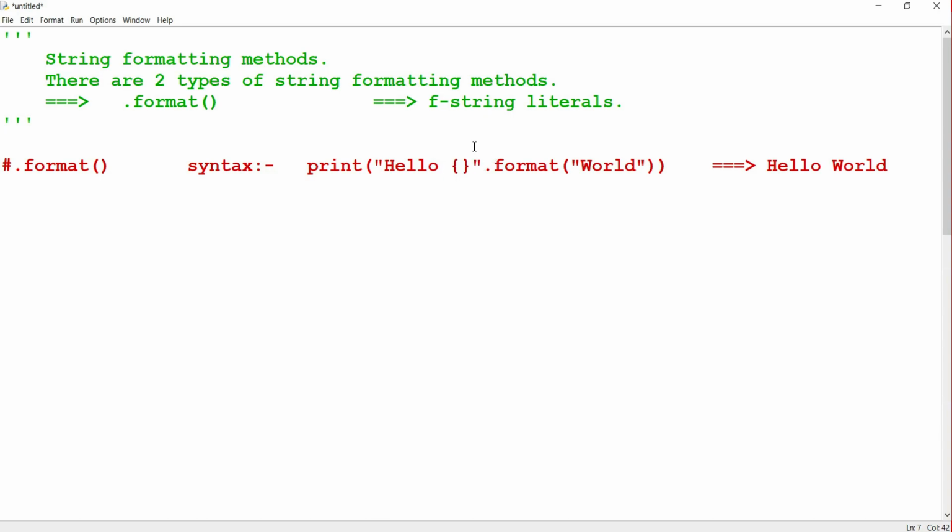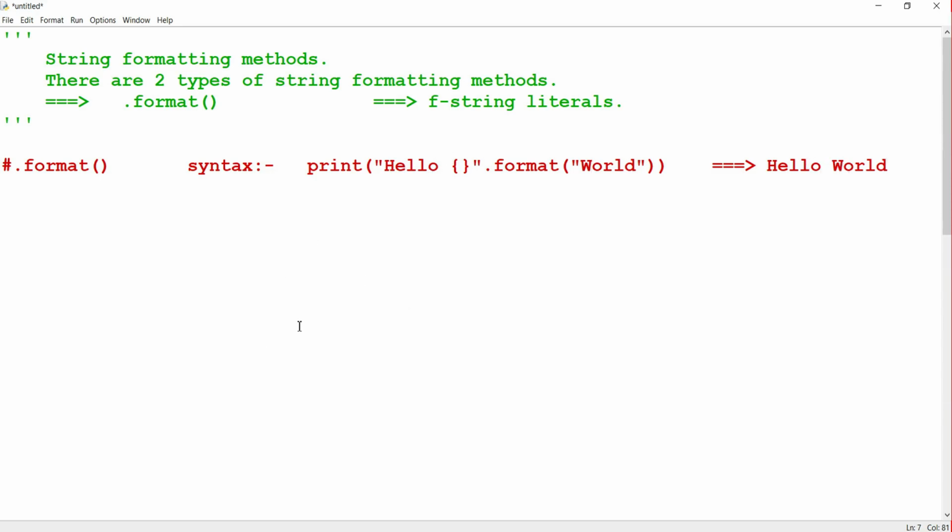In order to inject or insert any string, we need to use this placeholder in order to format the string. After the string, we use the dot format method, and in this dot format method we pass the string world. So whenever we run this program, we get the output hello world.